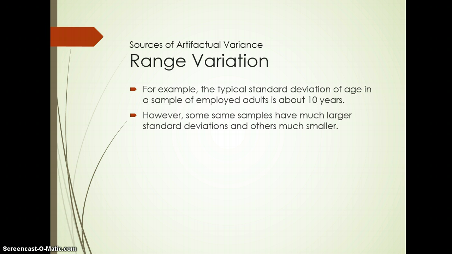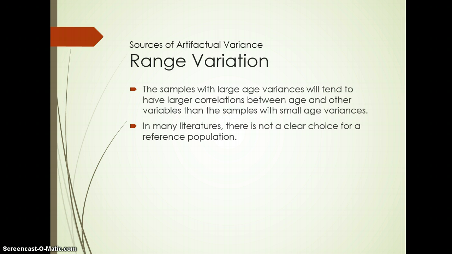So, for example, if we were to continue with the age theme, the typical standard deviation of age in a sample of employed adults is about 10 years. However, some samples have much larger standard deviations and others much smaller. So, oftentimes if we were to go into a workplace, we might say, okay, yes, typically the standard deviation is 10 years, but we definitely find some workplaces where that's not true, where the standard deviation is 15 years versus another workplace where the standard deviation might be only 5 years. Samples with larger age variances will tend to have larger correlations between age and other variables than the sample with